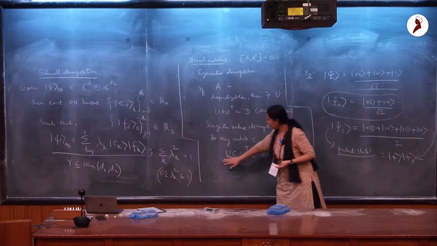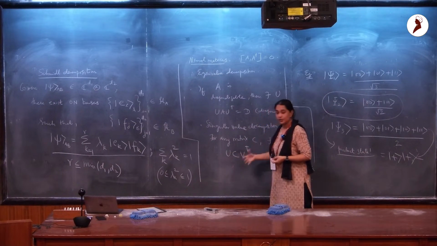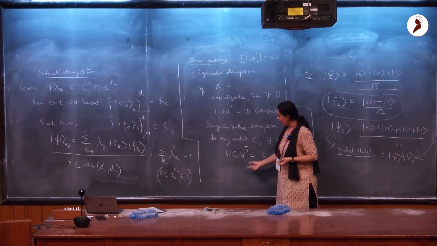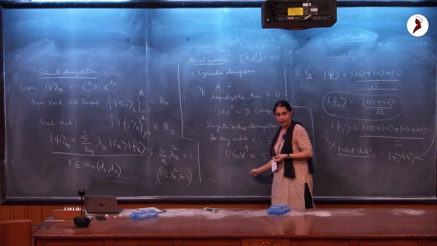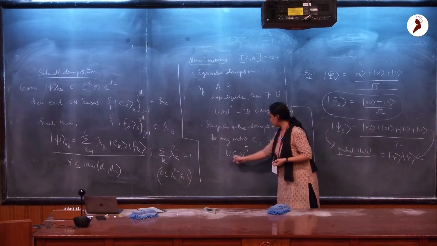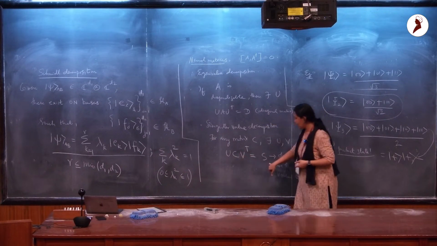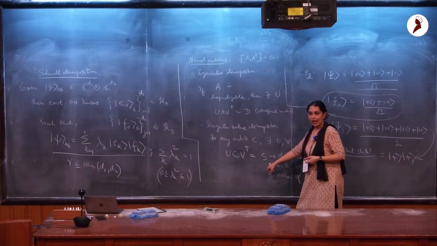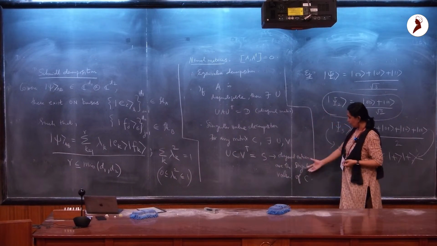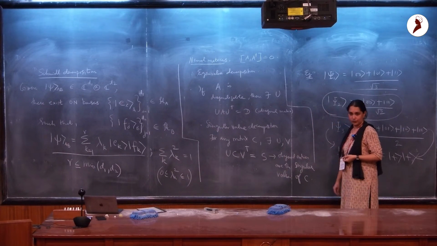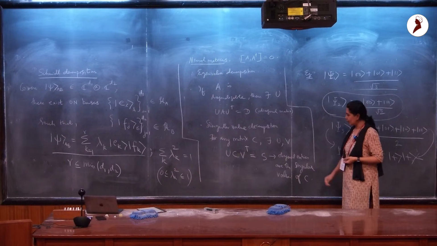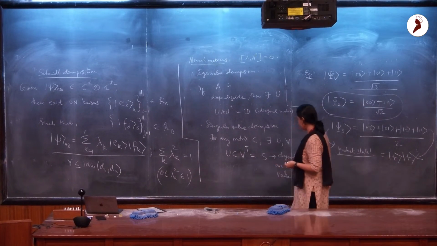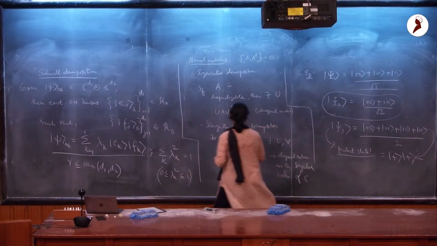It tells you that there isn't a single unitary which is going to take you to this form, but there is a left unitary and a right unitary, which allows you to get this into a diagonal form, and these diagonal entries are what you call the singular values of this matrix.